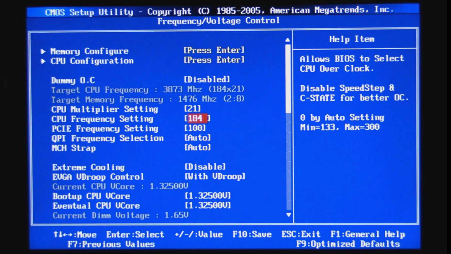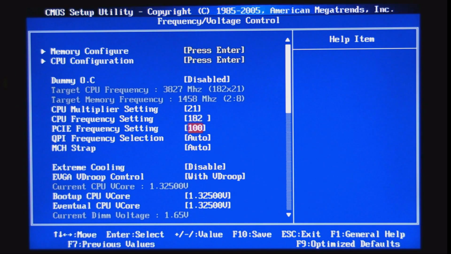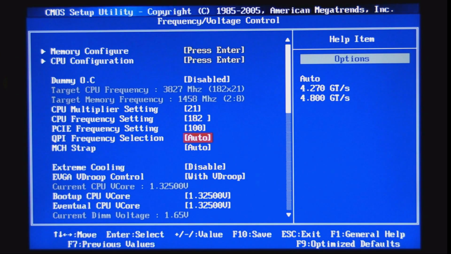My memory is very high on the frequency. 3.8 or 182 will be safe if you have a nice aftermarket third-party heatsink and cooling, like the H50 by Corsair, or Noctua or Thermalright products. Then you need to go down